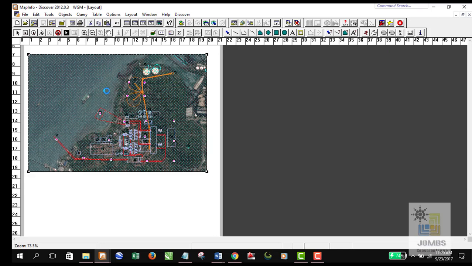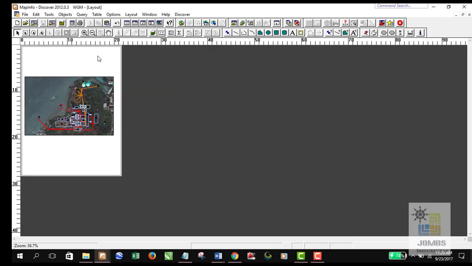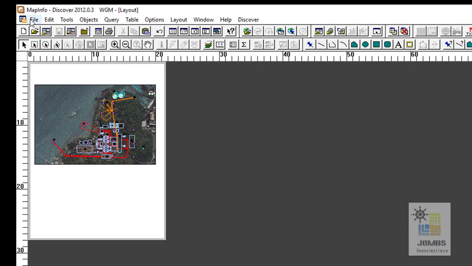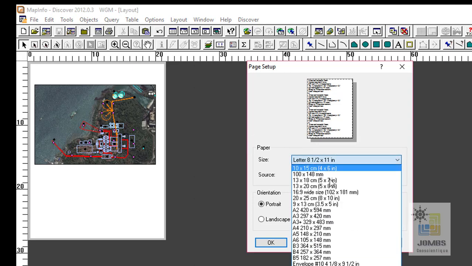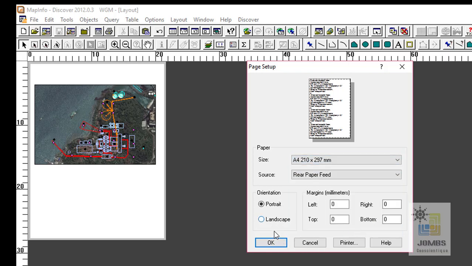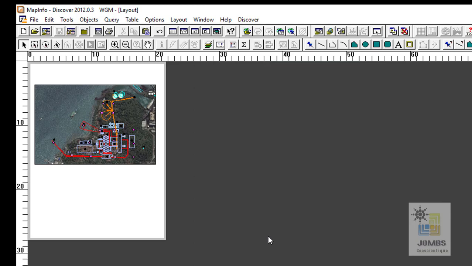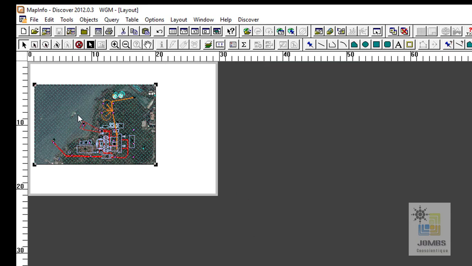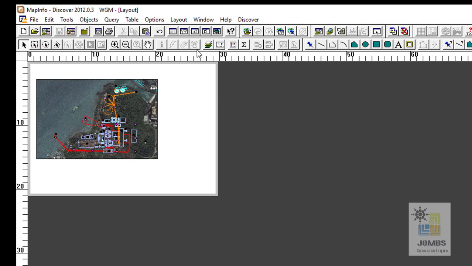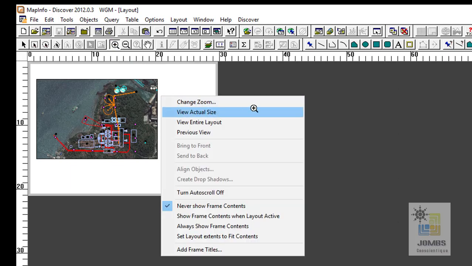Sometimes in the layout paper, we want to put many things such as a scale bar, a map title, map legends, or anything. Let's set the paper size first. Go into File. It's still in Letter. I would like to put it in A4 paper size. Right. Set in landscape. All right. So set in the actual map,